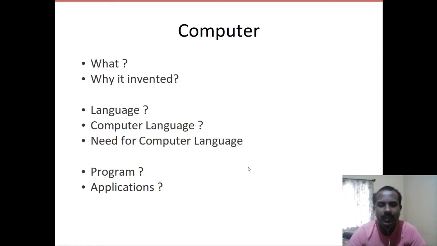But we cannot write the program in 0 and 1. It is impossible to write a program in 0 and 1. So how are we going to write the program? We are going to write the program in high level language.